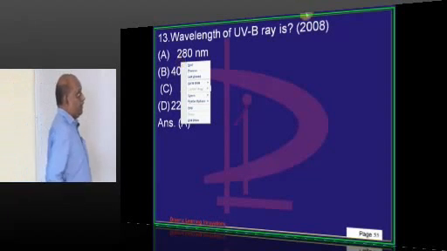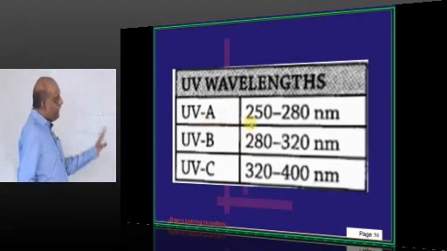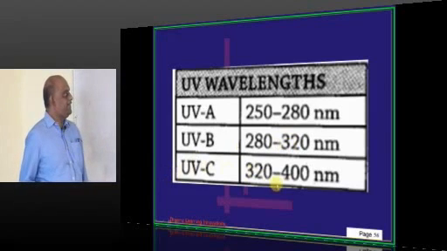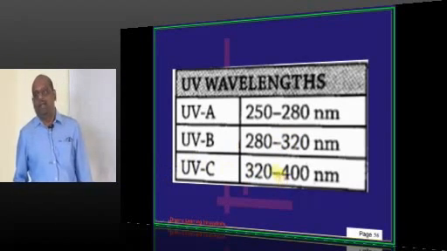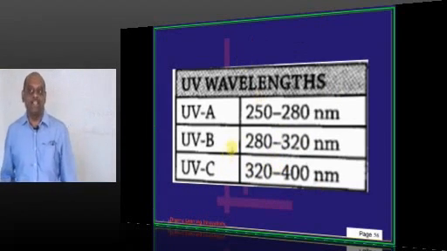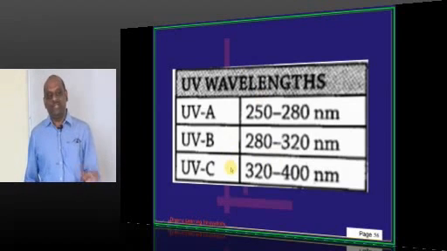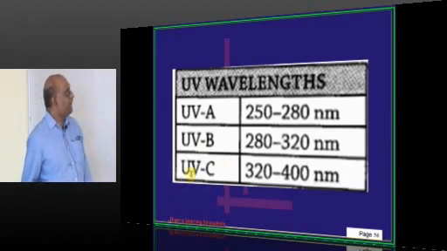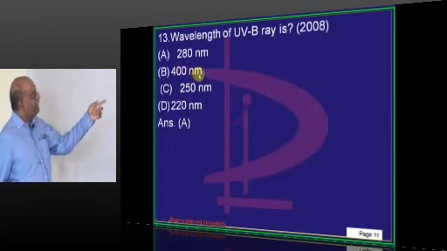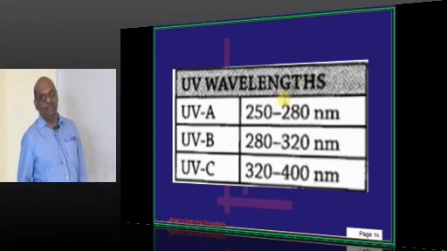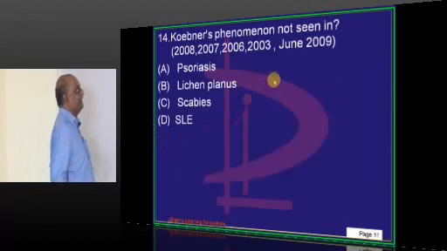So doctor, UVA is 250 to 280, UVB is 280 to 320, and UVC is 320 to 400. That is what you have to basically remember. Now the question comes, shall we answer 280 or 320 or 300? Don't worry, examiner will not give such borderline watershed zone values. 400 anyway doesn't match, that goes into UVC, so 280 is a borderline between UVA. Actually 300 is a better figure.